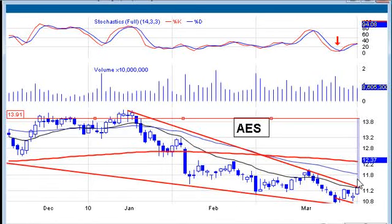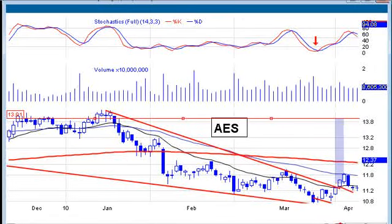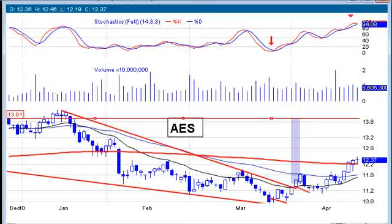You can see this is where it's going to happen, right down here, and then that's where you're going to watch for your breakout, and that's exactly what happened at that point. Now, this had a classic fast push out of this pattern, first retracement. And that's where your second entry is going to be, and then off to the races. So that's AES. Very good